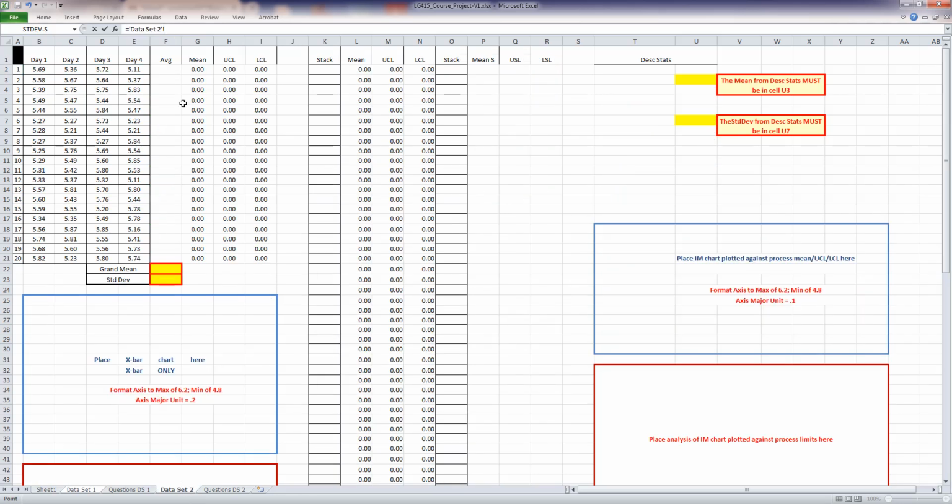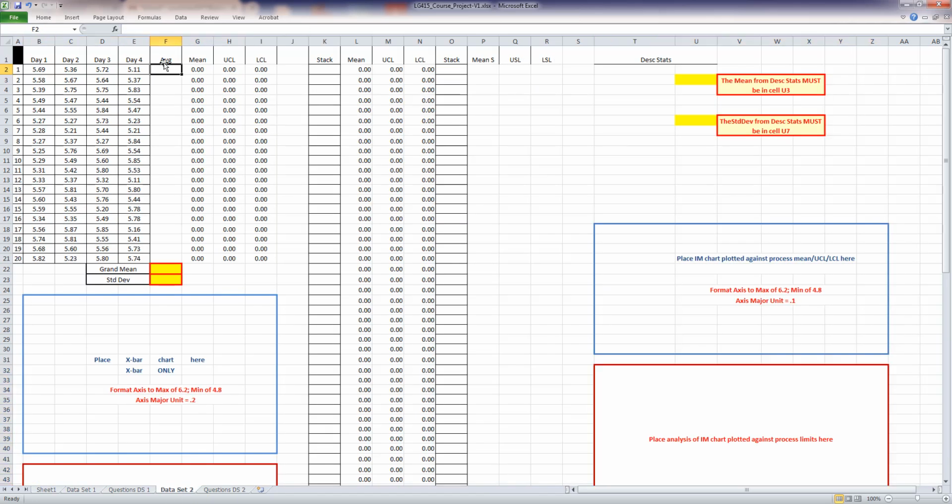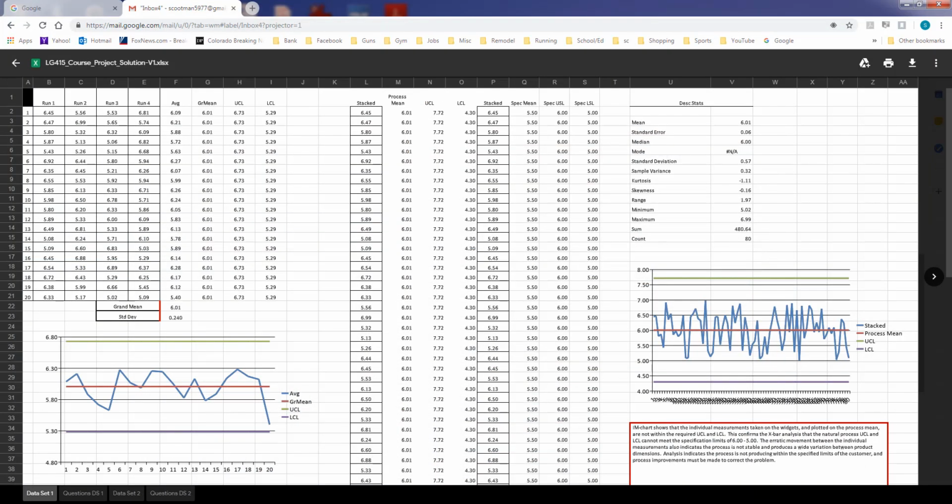We're going to go over here to data set 2. And we're going to type, just going to Control V, and there, whoop. Control V. Our average is going to show up. We're going to bring all the way down. Okay, and we're still going to copy the same formulas off the Word document,